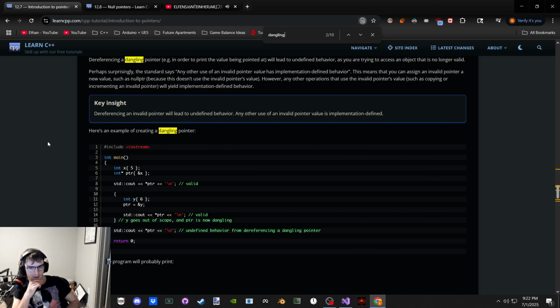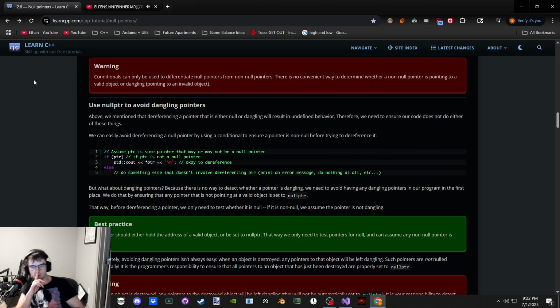Yep. So we have a pointer pointing to something. And then we set the pointer to point to something else. And that pointer still exists because it was created outside of the scope so it didn't get destroyed. And now it's pointing to something that was made in an inner scope that is now destroyed.